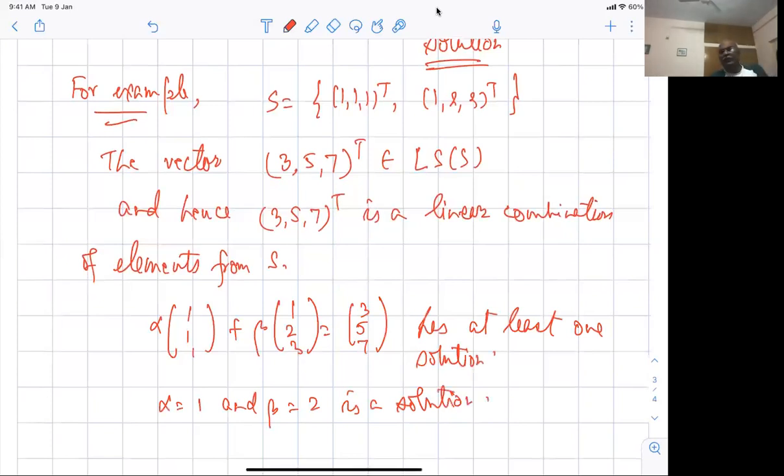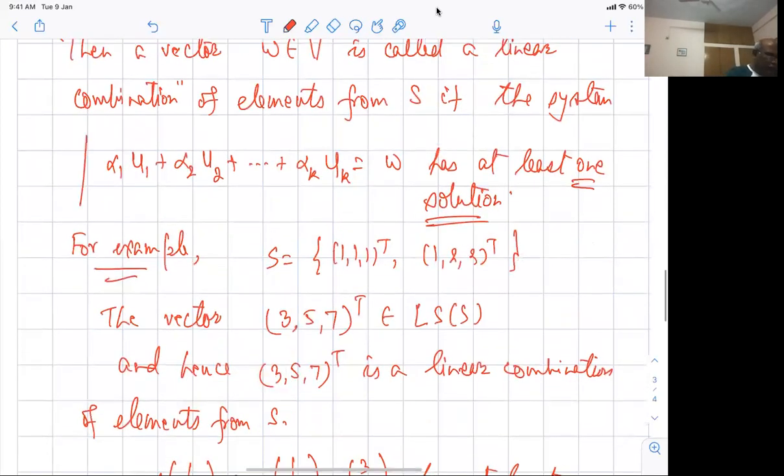So linear combination means I'm just picking an element from the linear span and saying that I can represent it in terms of the linear span, or linear combination. Linear combination means I can find a solution to a given linear system Ax is equal to b. So I'm looking at the system Ax is equal to b and talking about consistency, that Ax is equal to b is consistent. When it is not consistent, we say it is not a linear combination.